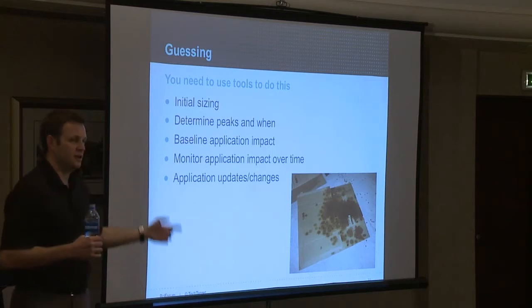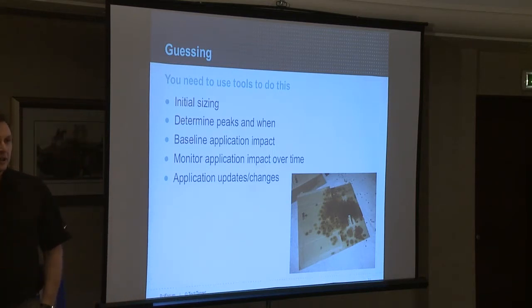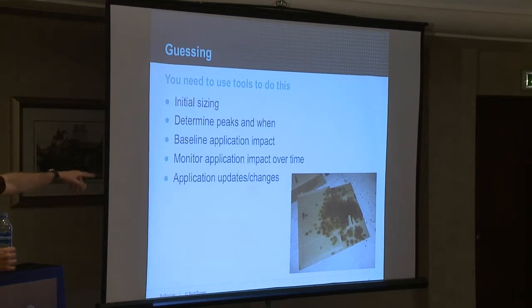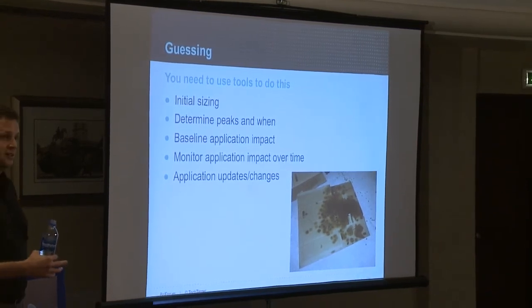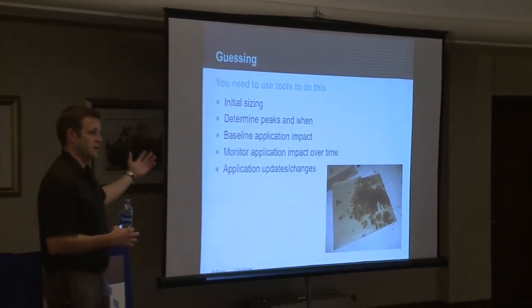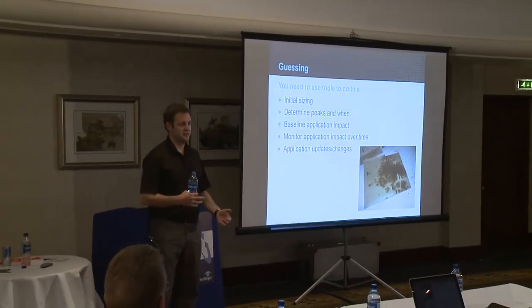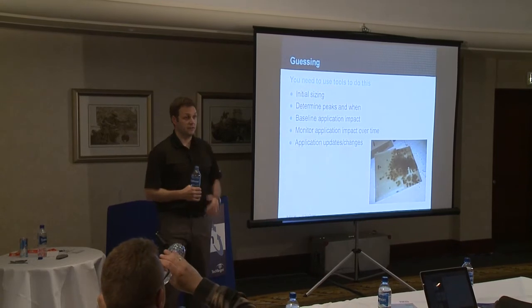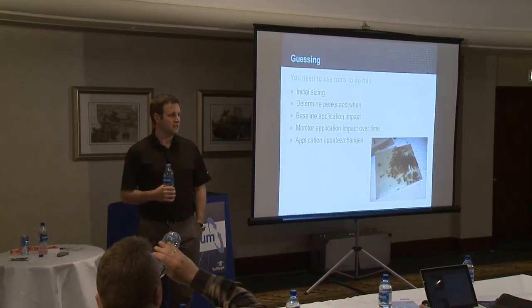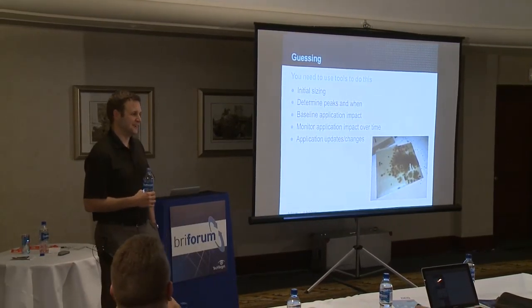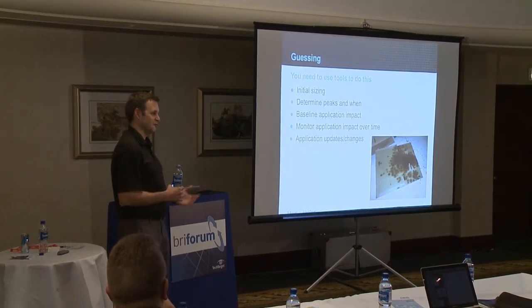So I have an old Land Rover, Range Rover, and what I have here for the people in the back is a picture of the cardboard box that's underneath that vehicle, and it's spotted with oil. And so for that vehicle, it leaks, right? That's normal. I relate that back to understanding that this application is really write intensive, right? That's your baseline. If I were to pull out that cardboard and there was nothing on it, I know that I forgot to fill it up because I am completely out of oil, right? Leaking is normal for that vehicle.